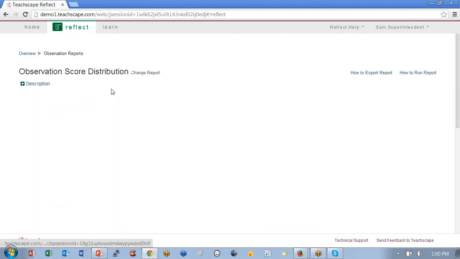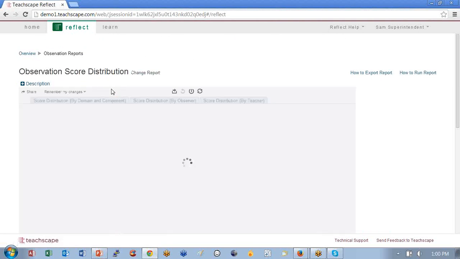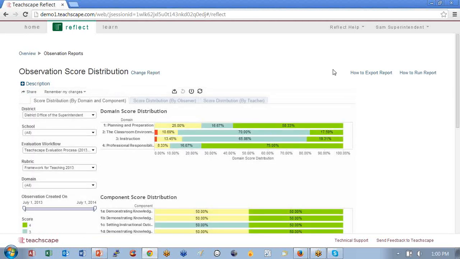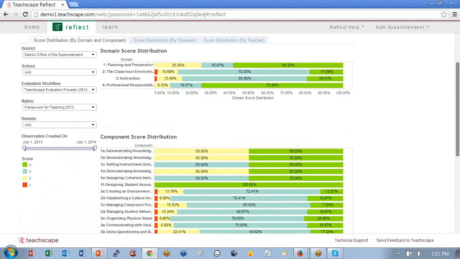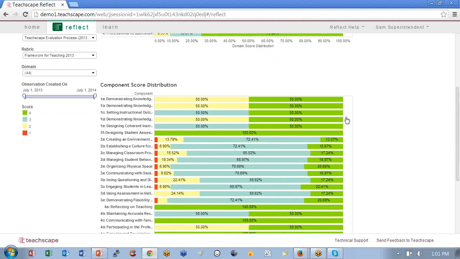Another type of report we start getting into is scores. How are we doing scoring-wise? If you're looking at scores, this is, again, a distribution. It's a percentage distribution, so it's not counting. Now it's essentially percentages. In here you can see the particular score distribution and see that the strengths are actually in professional responsibilities and we're not doing as well in the classroom environment. This gives you some signs, and then if it's within the classroom environment, okay, where is it that we really need to pay attention? It looks like creating an environment of respect and rapport might be one of them, or using assessment and instruction might be another.